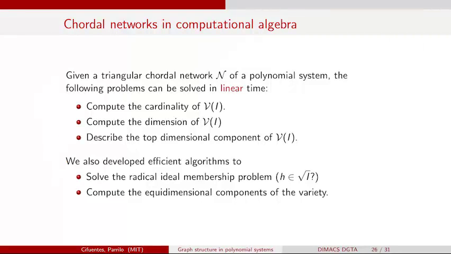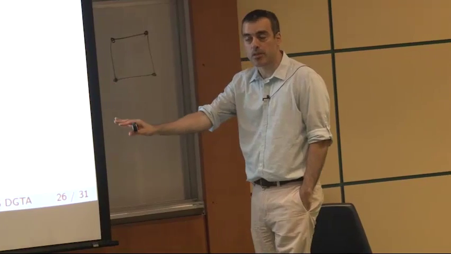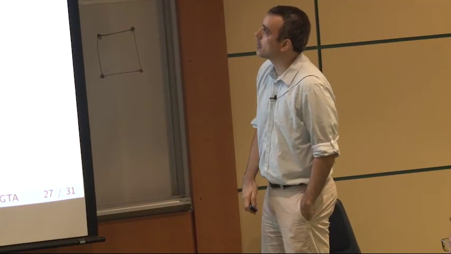And in particular, there are very nice, clever algorithms. I'll describe an example, for instance, for solving the ideal membership problem. Essentially, you want to know if a polynomial vanishes on the feasible set or not, or to compute the equidimensional components. I mean, lots of questions that you would like to ask about the polynomial system. Once you have a compact representation of this type, then you can solve this.